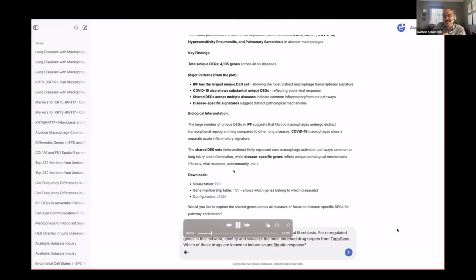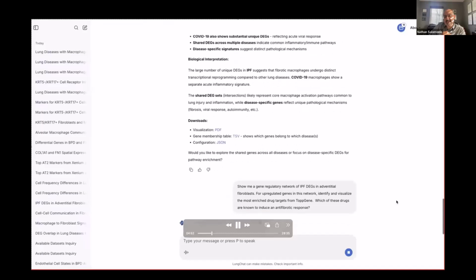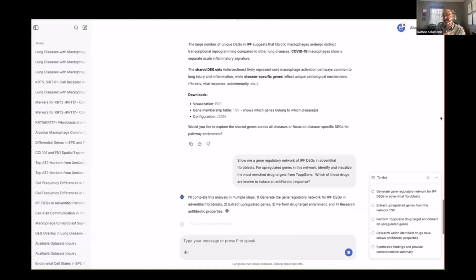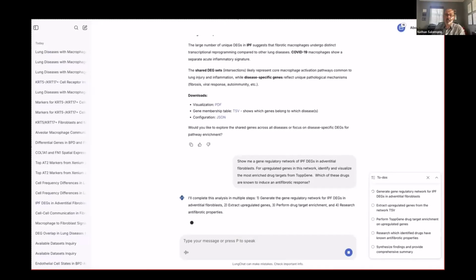Again, you can download that TSV of gene associations, get that PDF of that plot, and get the JSON code that was used to derive that, and even paste that back into the interface and ask deeper questions about that data, looking at specific groups of shared genes and doing additional analyses, for example, pathway enrichment analyses or network analyses or literature queries on specific overlapping sets of genes between different conditions or unique genes that are only found in, for example, IPF.